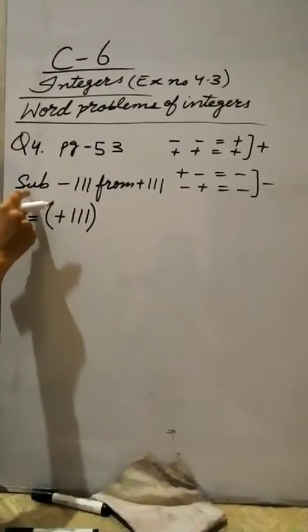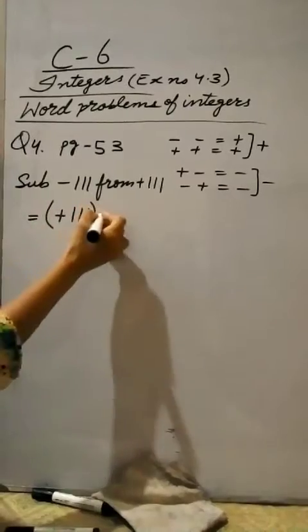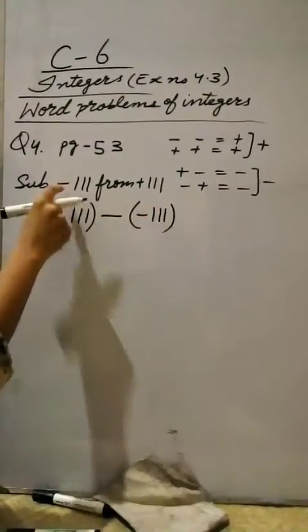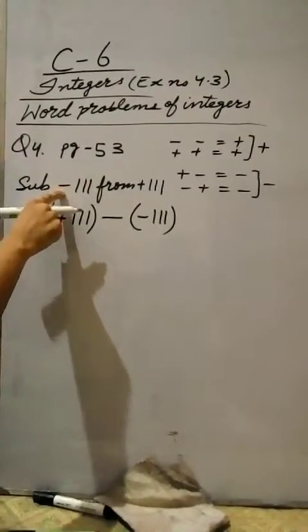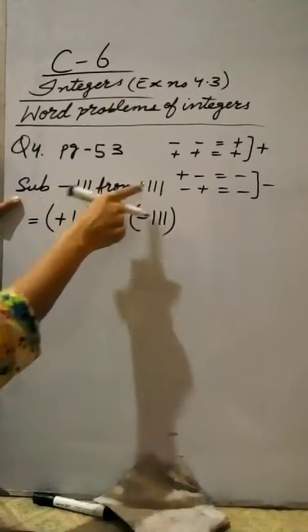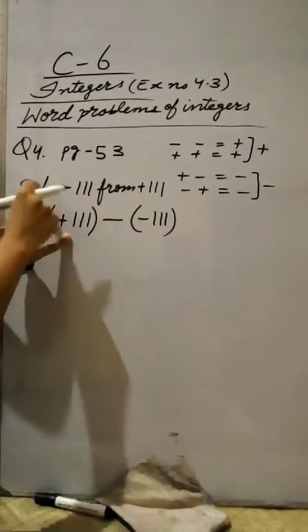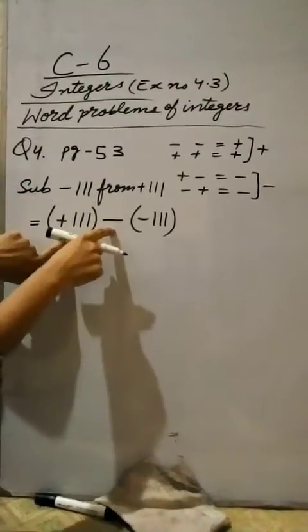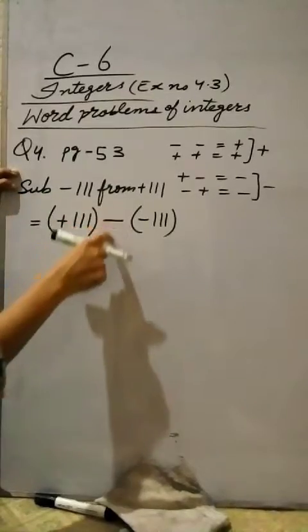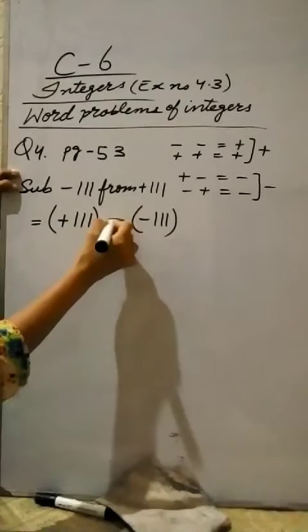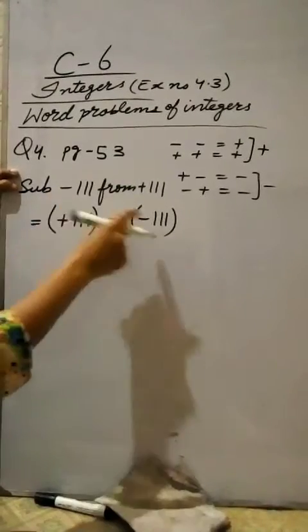Then what do we have to do? Subtraction. What is the operation? Subtraction. And the second value is minus 11. This is the sign of this value. See, subtract this value from this. Always write the from value first. Then what do we have to do? Minus. Subtraction. If the question is sum, so put the sign of addition. But the question is subtraction, so put the sign of subtraction. And the second value is this.